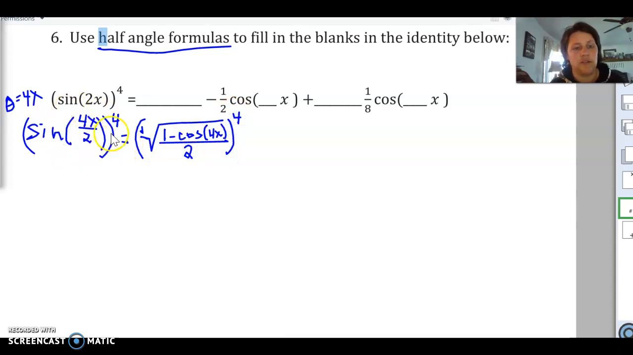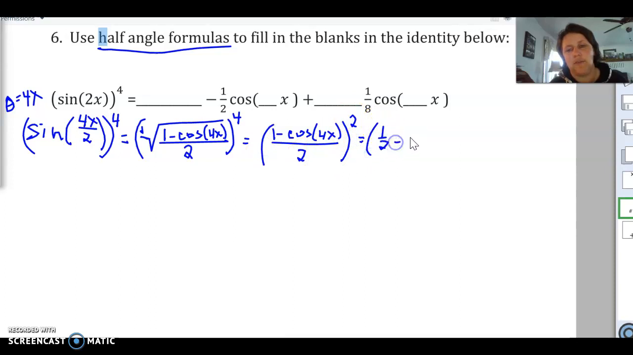Since this one over here is raised to the 4th power, then we also have to raise this to the 4th power. So that's going to completely cancel out the square root, and then we'll still have a square out in front. So we'll end up with 1 minus cosine of 4x over 2. The square root canceled, but we still have a square left over. So I'm going to rewrite that as 1/2 minus 1/2 cosine of 4x,